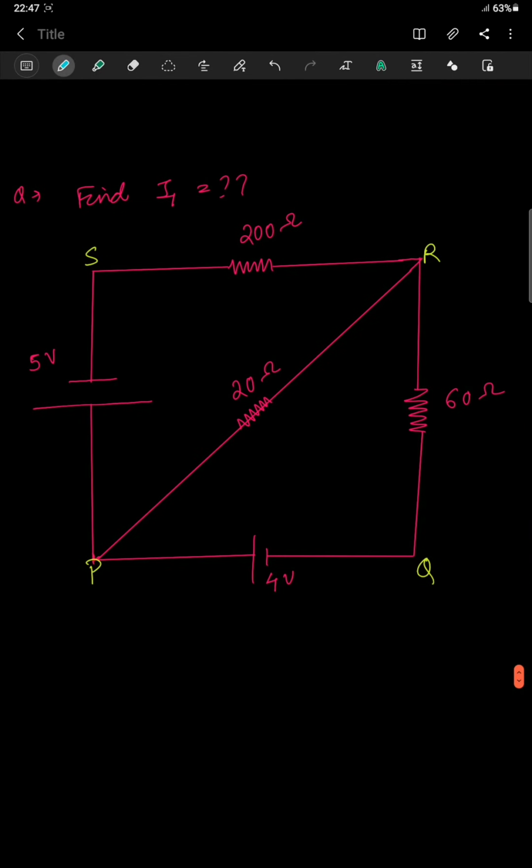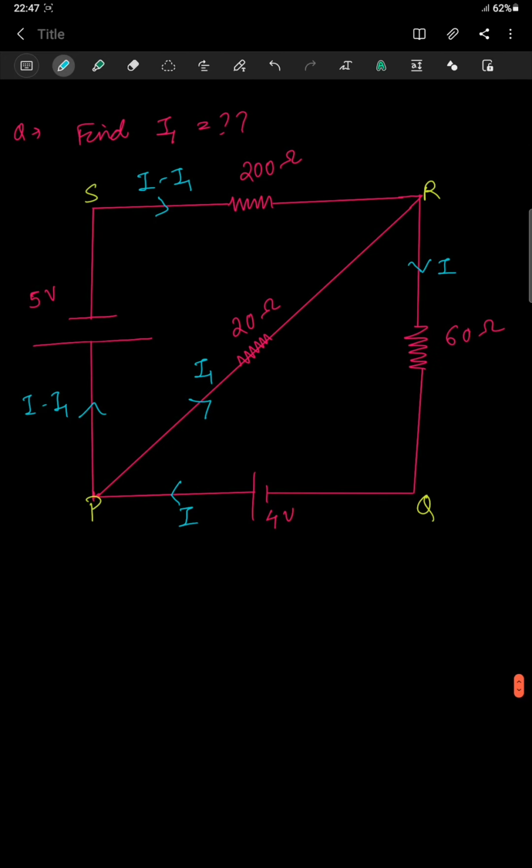Okay, here we have another circuit and it is asked to find I1. So let me name it. In the diagram it is given, this one is I1. Okay, this one is I, and this current here is I minus I1, and here the current is I minus I1. Okay, and here it is I. Followed? So this is how the current is given. Now first of all, what do I have to find?